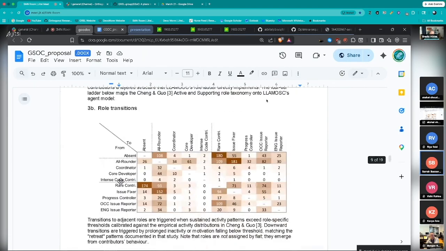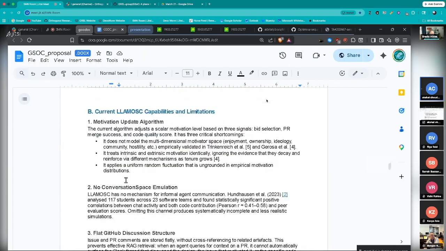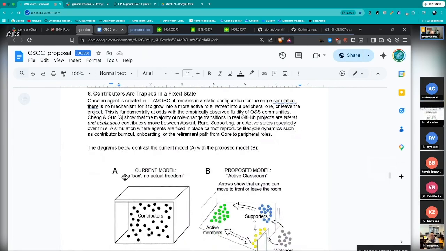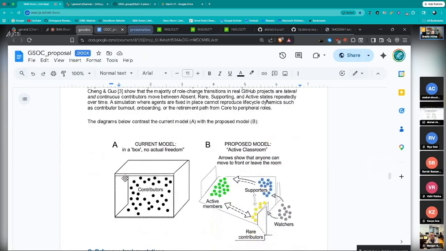Yes. It's important to remember too that I know in this paper they talk about roles, but that's because they've defined those in the paper. Roles are not ascribed in typical open source communities. Sometimes they are. You can be a maintainer, I can hire you as a maintainer. But most of the time, the roles are going to be informal, or they're going to grow out of the interactions. Yeah.